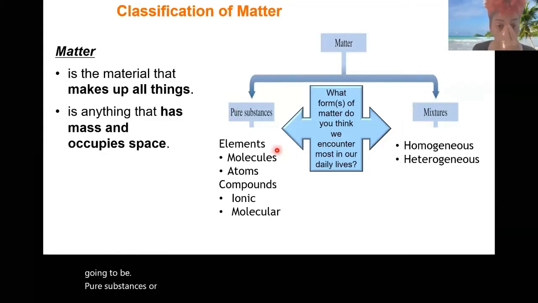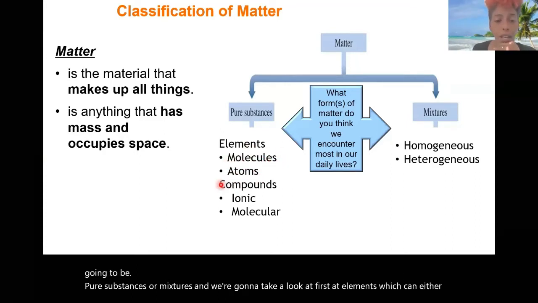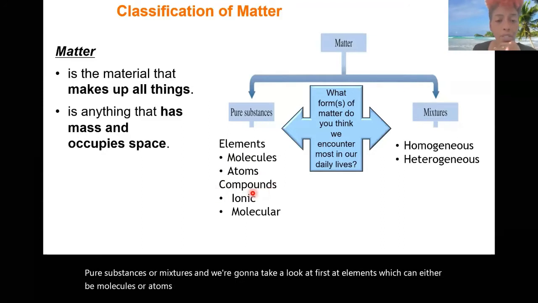And we're going to take a look at first at elements, which can either be molecules or atoms, and compounds, which are going to be ionic or molecular. We will talk more about compounds in Unit 4,